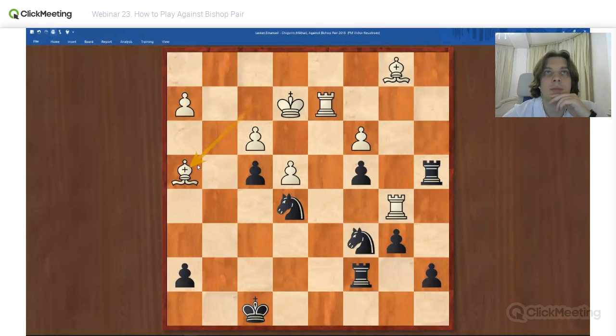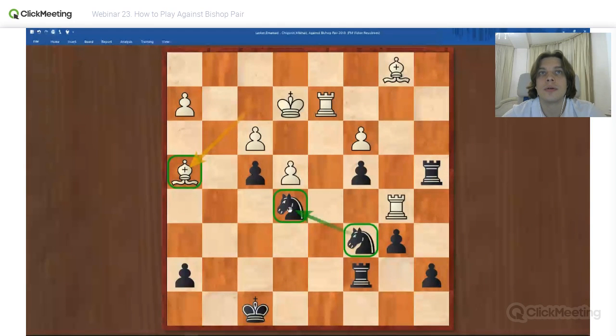Yeah, this position gets more open, but you see only this bishop is active. This one is quite passive, and two knights are in the center. One protects the other one, so that's why they can't be taken with white pieces.